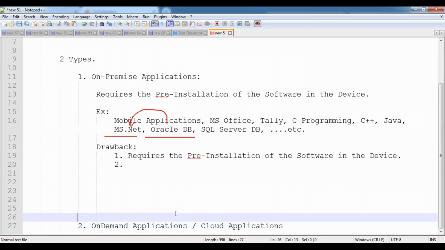Now, the second drawback. With on-premise applications, whenever you install something like MS Office, it will not support installation on all devices. MS Office can be installed on your desktop and laptop. If you want to install MS Office on a basic model of mobile, will you be able to? No. Can I install MS Office on my smartphone? No. Not all smartphones will support it. Only a few smartphones built on the Windows Phone platform will support it directly.